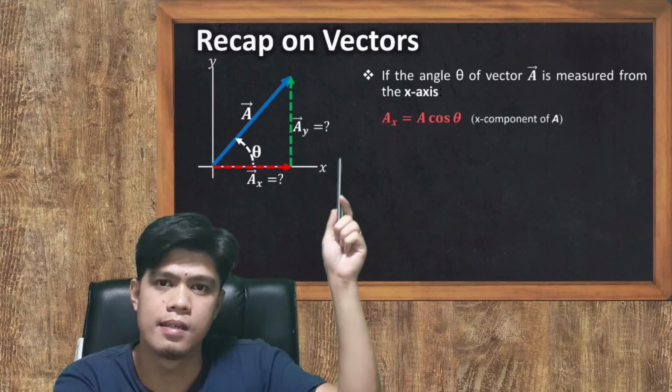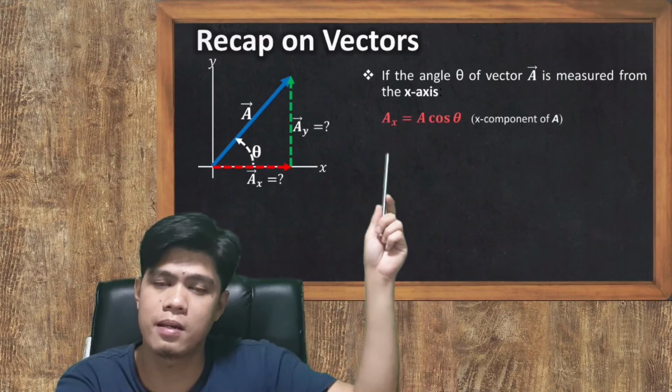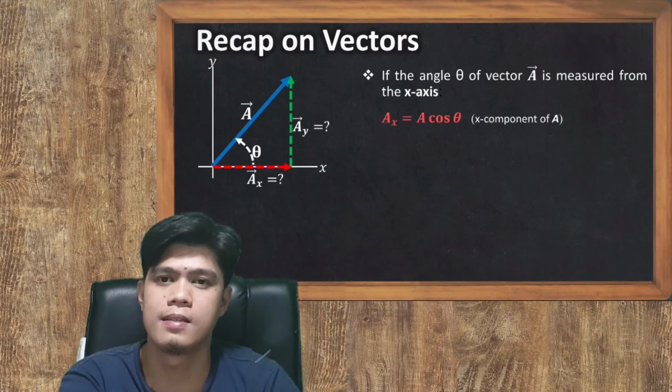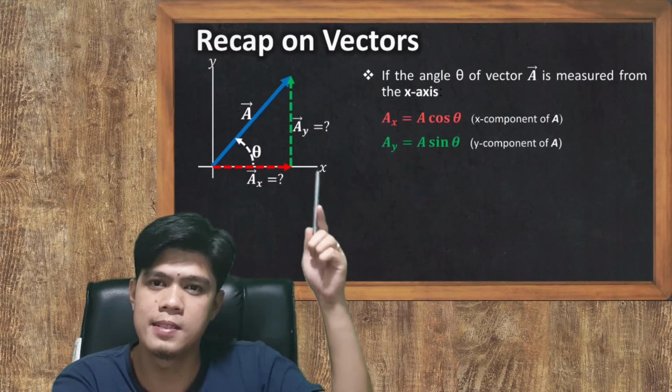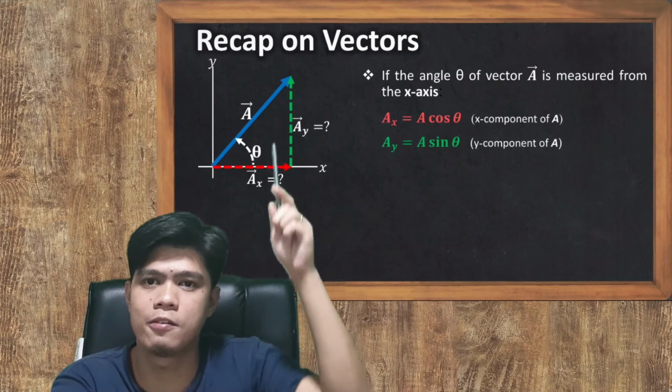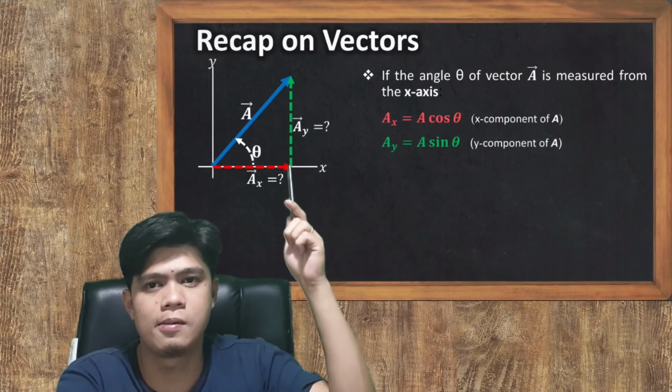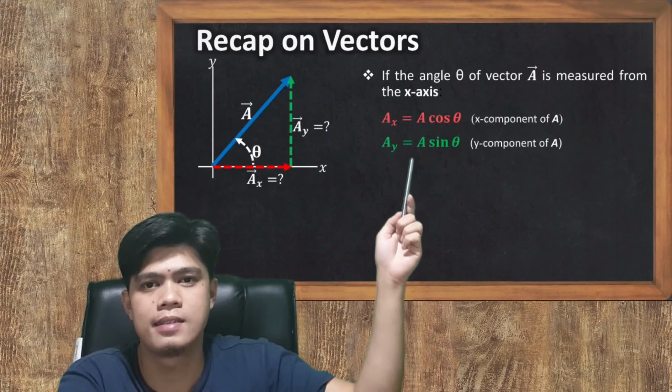That's why AX is equal to the magnitude of A times cosine theta. And AY, since it is the opposite side of our angle theta, is equal to A sine